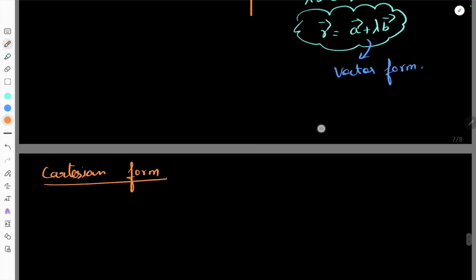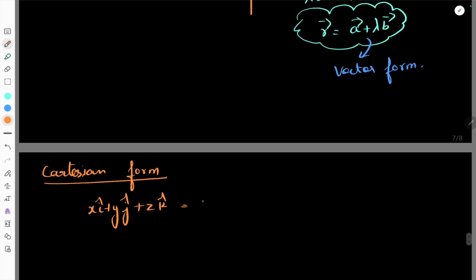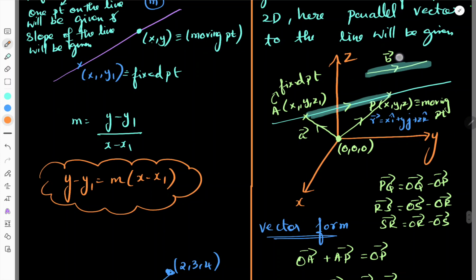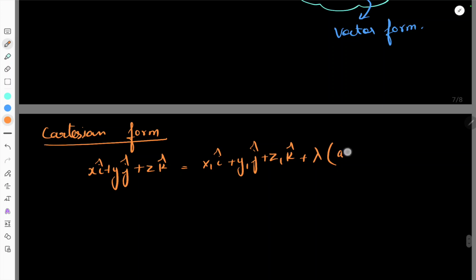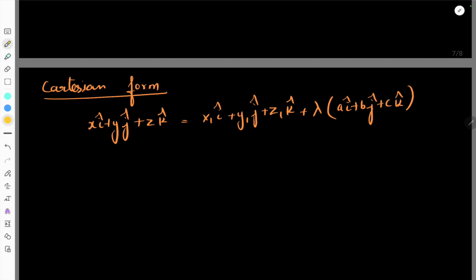So in this Cartesian form, what is R vector? It is xi cap plus yj cap plus zk cap, equal to A vector, which is x1 i cap plus y1 j cap plus z1 k cap, plus lambda times the directional ratios of B vector, which I take as a i cap plus b j cap plus c k cap. And from here, if two vectors are equal, then I can equate the components. So x equals x1 plus lambda a, y equals y1 plus lambda b, and z equals